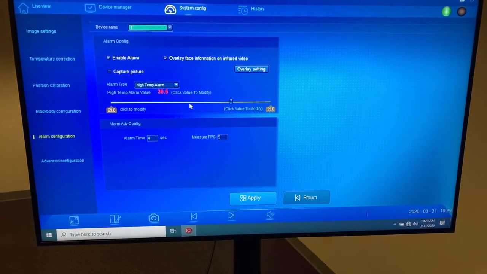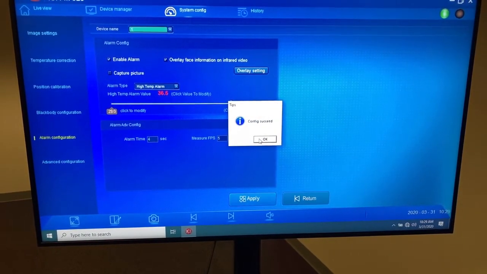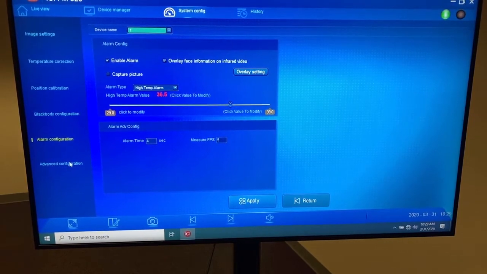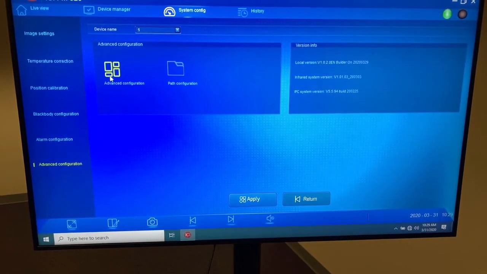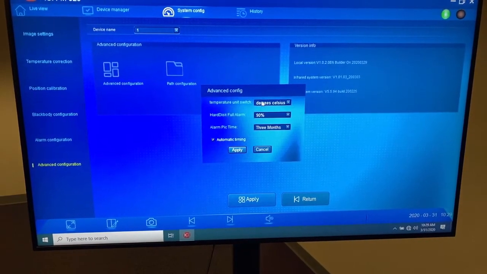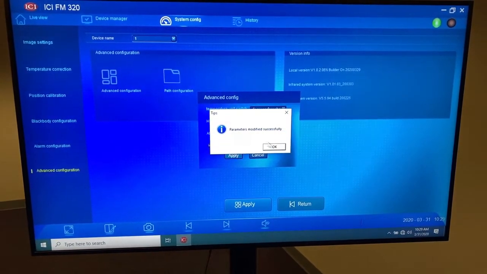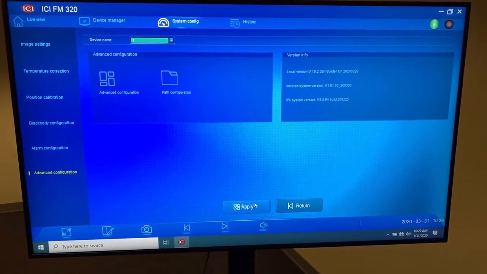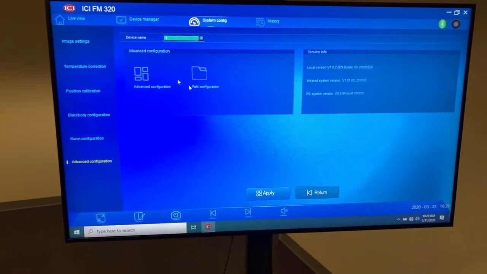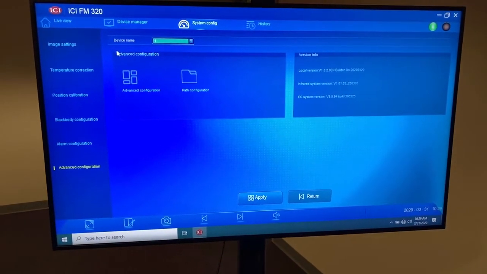So if there's any adjustments, it has to be done in Celsius, and then you can go back into advanced configuration and then reselect Fahrenheit for those of us in the US and apply. All right, looking good. The other thing that we need to do, since we're right here in the path configuration,